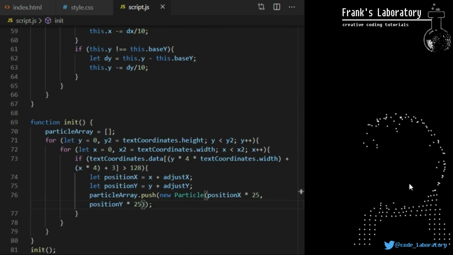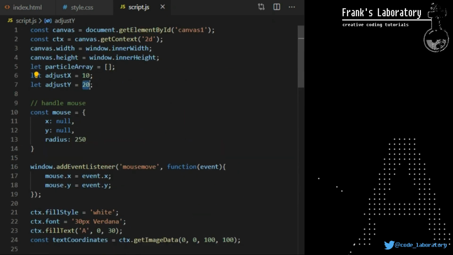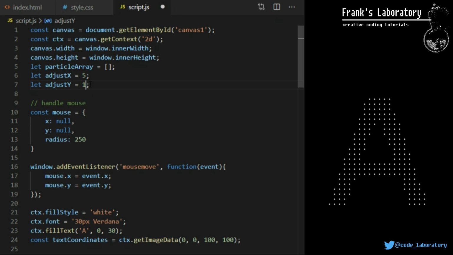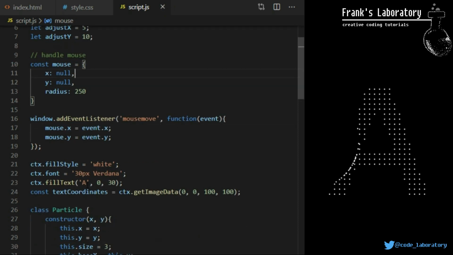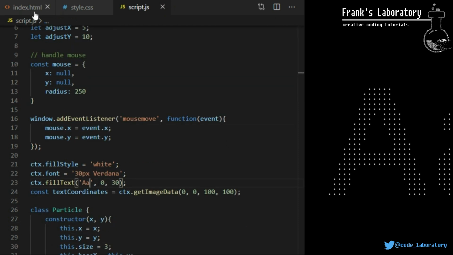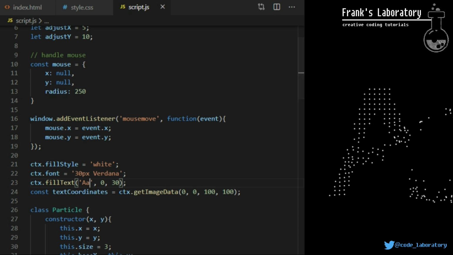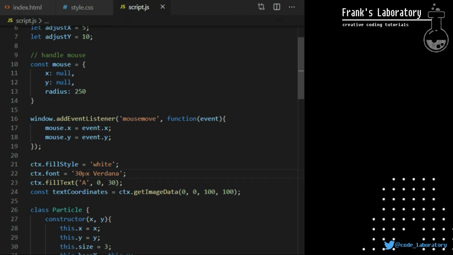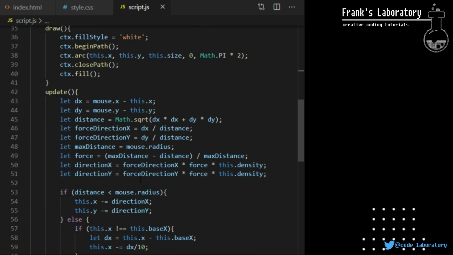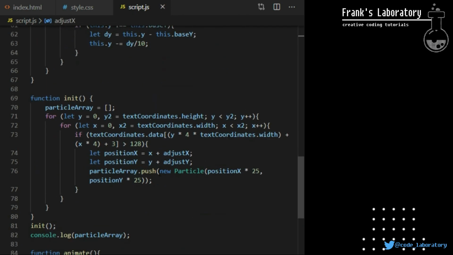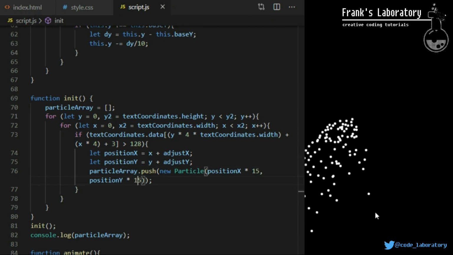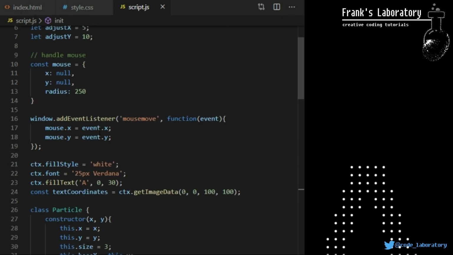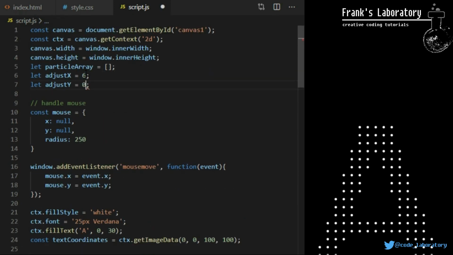Size of the effect can be changed here on line 76. Let me just center it in the middle. And of course you can change the text we draw here on line 23. Some of you might like this effect already, but that's not all. I also want to connect particles that are close enough with lines similar to the famous Particles.js constellations effect, but on a text instead of random floating particles, and instead of using a library, we will write our code ourselves.